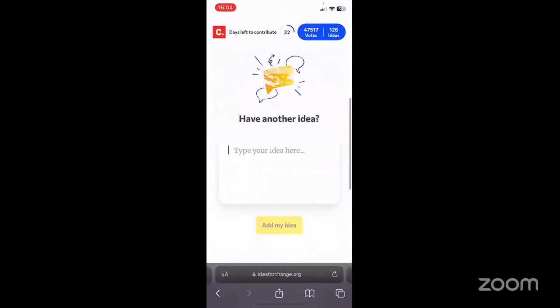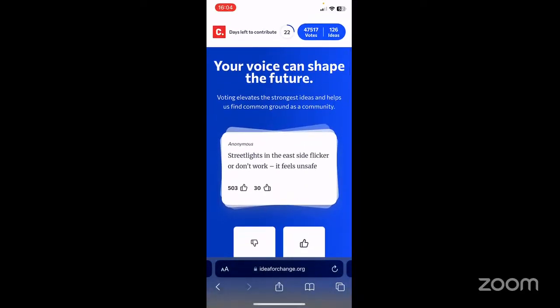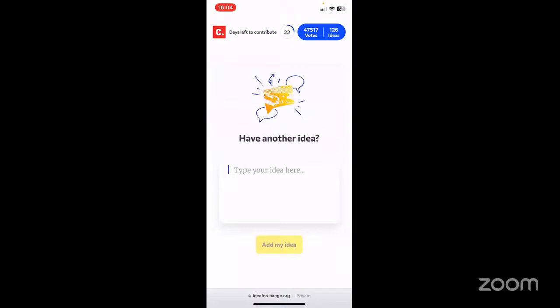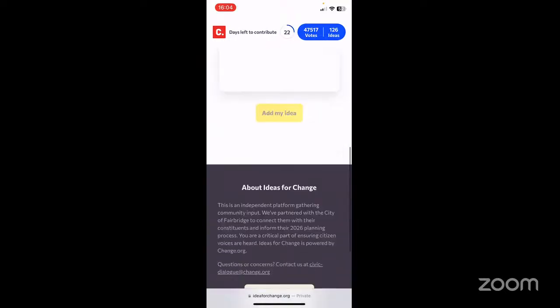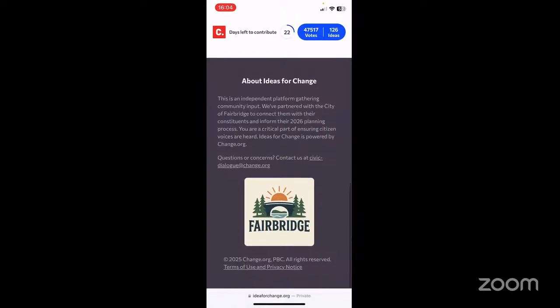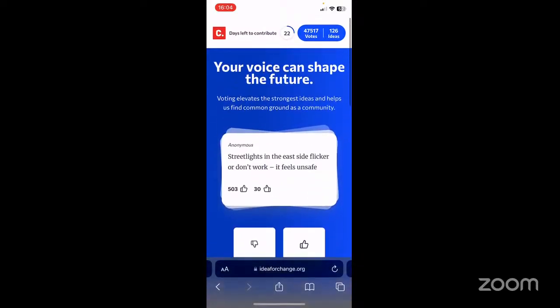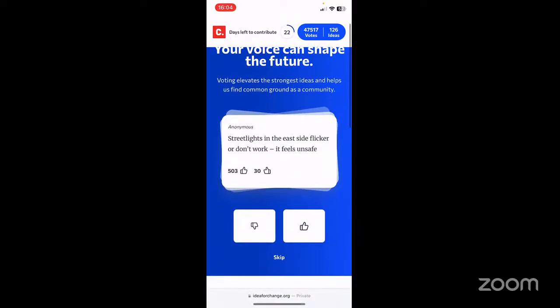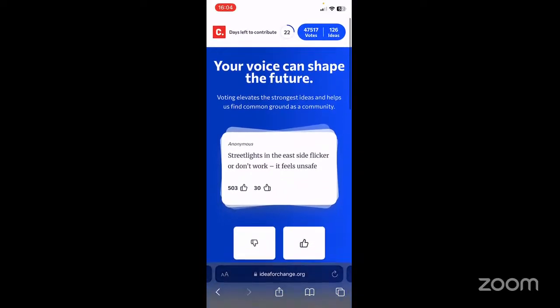Yeah. But if I saw maybe the city's logo on top or the full change.org logo, then it's a brand or a company I recognize, and it makes more sense to me. So I'm not sure if I'm skewed or biased towards this, but I just really want to know who's doing it. Sure, yeah. And what do you think could be changed to make it easier to actually submit an idea, or easier to see an idea?